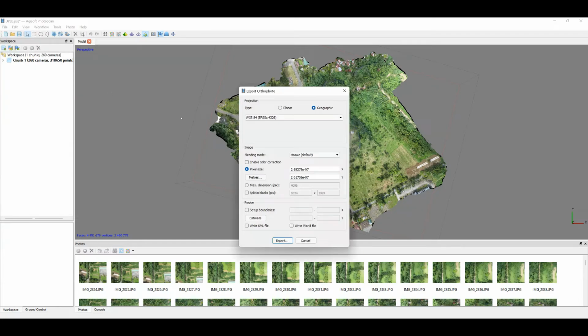As before, we can make use of WGS84, and then we can select, in this case, write KML file. So if we select write KML file, we will generate this file, and if we export this one, we can use this in our Google Map. So click export,